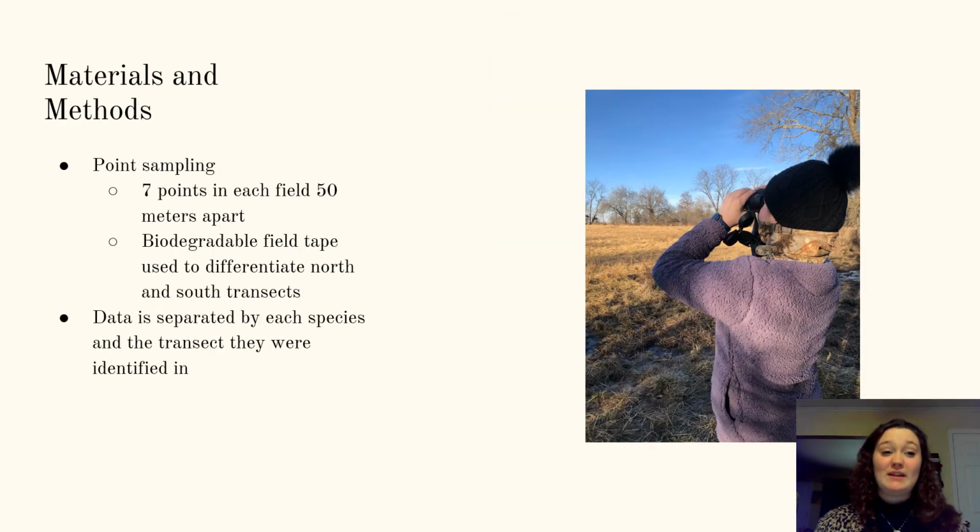For materials and methods, we utilized point counts for observing the spring and winter bird species on JMK Ranch. There are 7 points per treatment, 15 meters apart, from start to finish using a handheld meter wheel. The research areas are differentiated by the orange and blue field tape, and the points are sampled in the same order throughout the entire study. The bird species are separated by research area and named for their common name. We were there for 5 minutes each, and the bird averages were plotted by treatment.